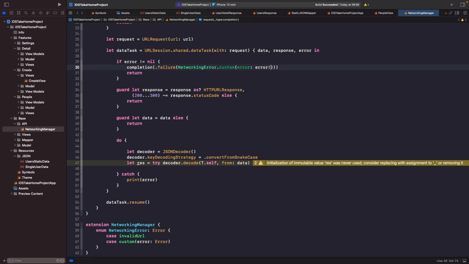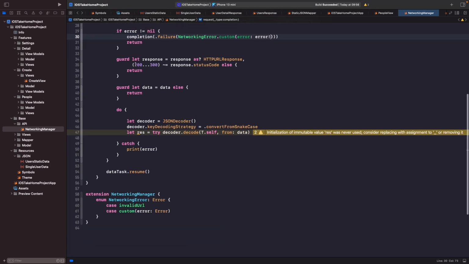Now the reason why I'm force unwrapping the error is because it's not nil, because we entered this case, so it's fine for us to actually force unwrap it in this instance. Okay, cool. So now the next thing that we want to do is we actually want to handle the status